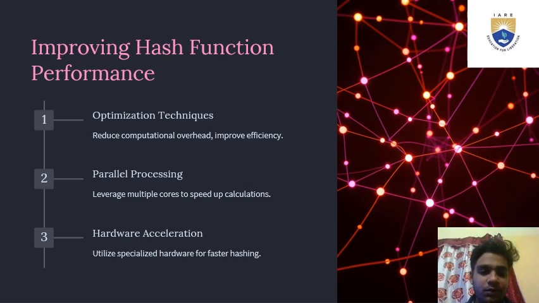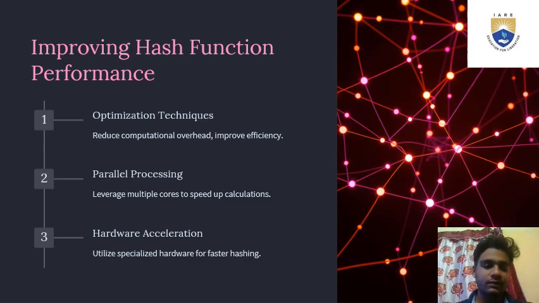The second one is parallel processing: leverage multiple cores to speed up calculations. The next one is hardware acceleration: utilize specialized hardware for faster hashing. There is some software and some hardware for specific things, so for hash key values, there is also hardware. Coming to the next slide,